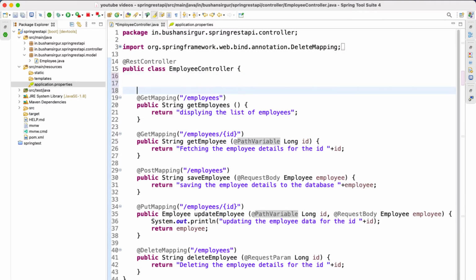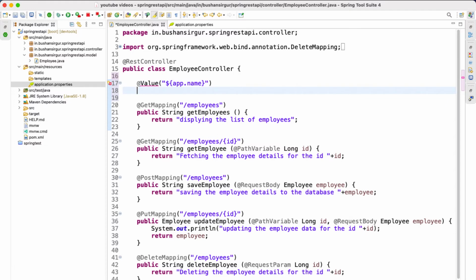The way to read that property is by using the @Value annotation. This @Value annotation contains variables or the property names. In order to access those properties we need to use a dollar sign and curly braces and then the property names. So we have to specify the key name, which is app.name, and then map it to the variable. private String appName.